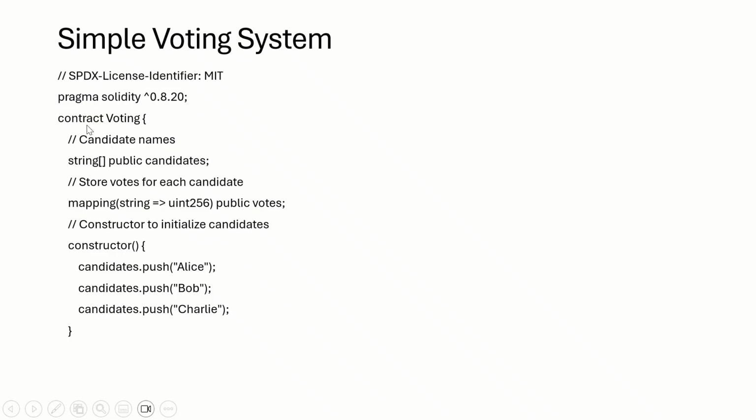Then we are creating a contract called Voting. We are declaring the candidate names first. Names will be in string, the string of public candidates. Then we need to store votes. So the candidates that we are declaring is written here. We are declaring three candidates, namely Alice, Bob, and Charlie. To store votes for each candidate, we are doing the mapping of string to uint256 public votes, and